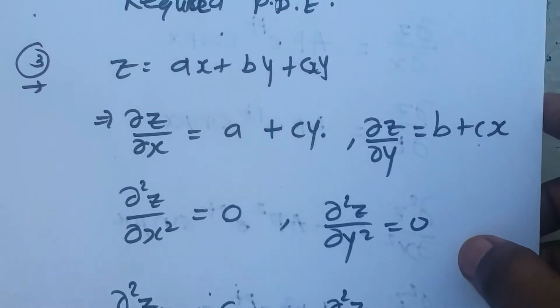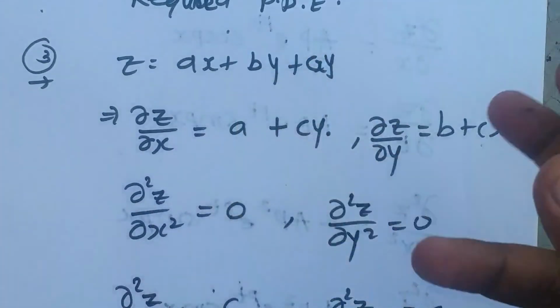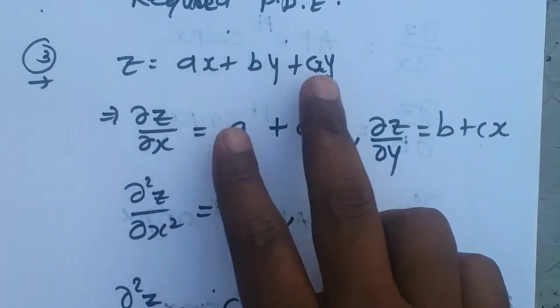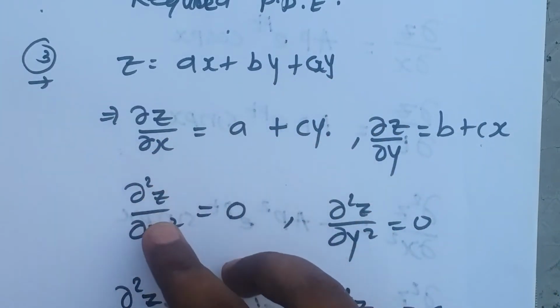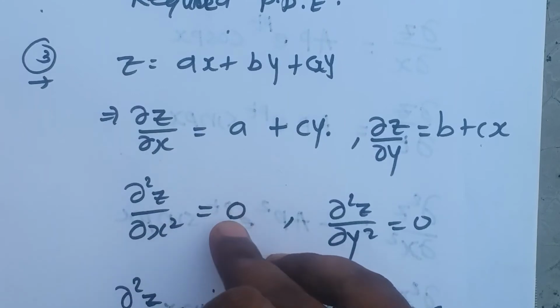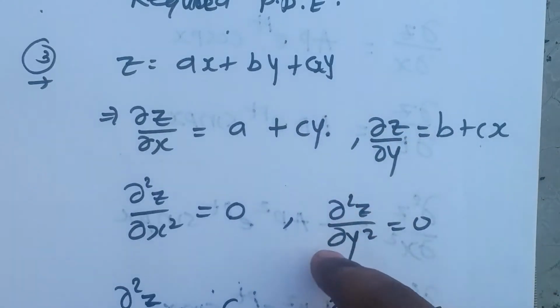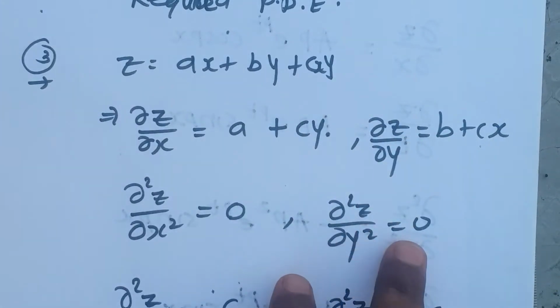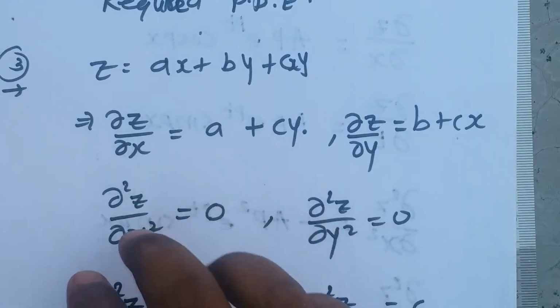Another problem, z equal to ax plus by. Now if you differentiate z, here also the number of arbitrary constants is more than the independent variables. So if you differentiate this with respect to x twice, you will get del 2 z by del x square equal to 0. This can be considered as a partial differential equation. If you differentiate with respect to y twice, you will get another equation. This is also a partial differential equation. Even if you solve up to this step, this solution also works.